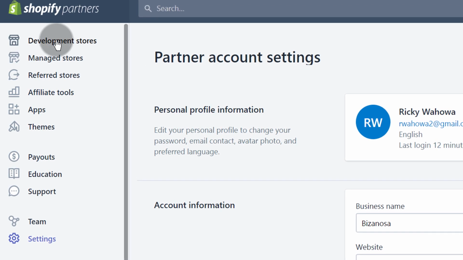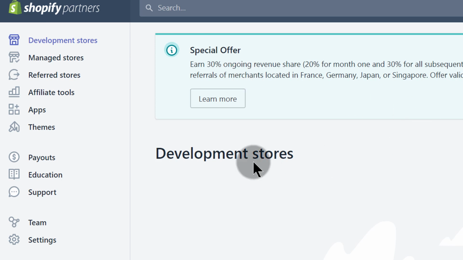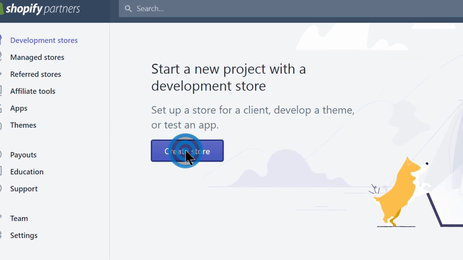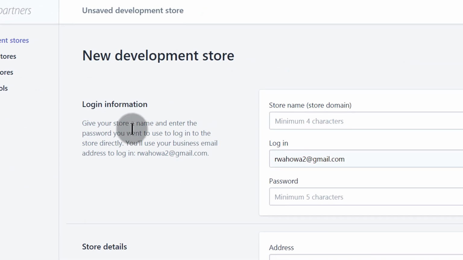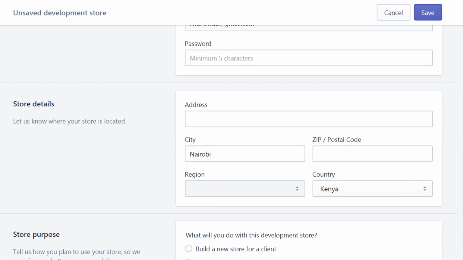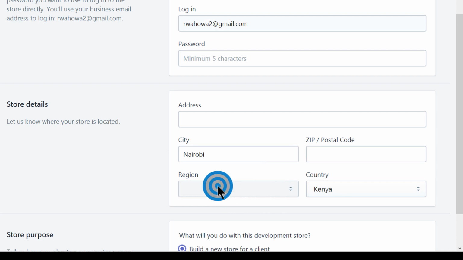In this case, you'll just click on your development stores if you want to build your first store. Scroll down, you're going to see you have this button. Just click on create store to create your first store, and then you can create the login information for your store and add all the store details there, and then the store purpose. What will you do with this development store? Build a new store for a client, test an app or a theme, I'm just playing around. For here, I can choose build a new store for a client,